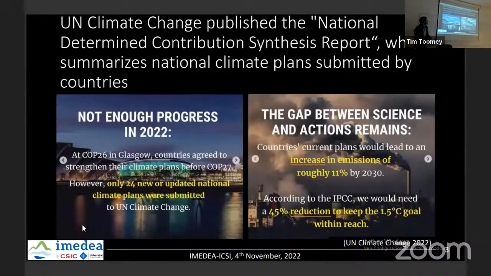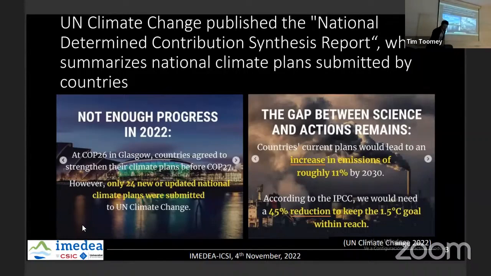So to introduce the problem, we already know that there is a connection between climate change and CO2 emissions. And from COP26 in Glasgow until now, I think this weekend it starts the COP27 in Egypt. But we already know that we didn't see the expected reduction of CO2 emissions. Actually, by 2030, it is planned globally to increase the emissions of CO2 by around 11%, while for the Intergovernmental Panel on Climate Change, we should reduce the emission by 45% in the same period, until 2030, to reach this goal of keeping the global warming